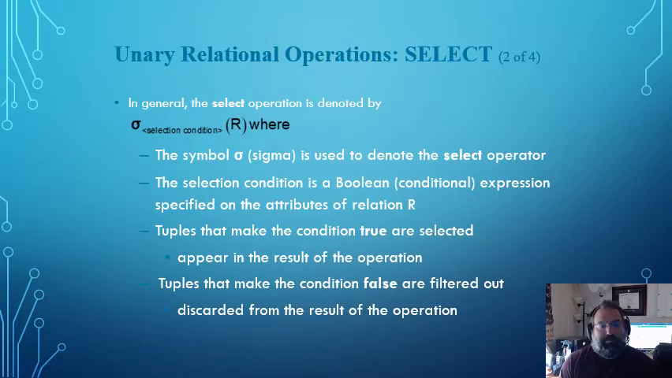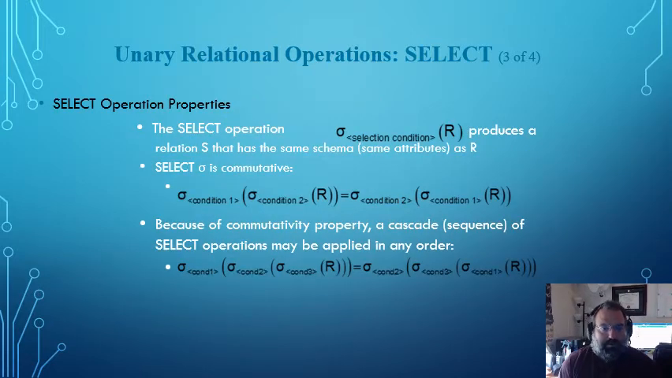In general, the select operation is denoted by the sigma with some relation and condition. So the sigma is used to denote the select operator. The selection condition is a Boolean expression specified on the attributes of relation R. Tuples that make the condition true are selected and appear in the results of the operation, whereas tuples that make the condition false are filtered out and discarded from the results of the operation. Continuing our discussion of select,